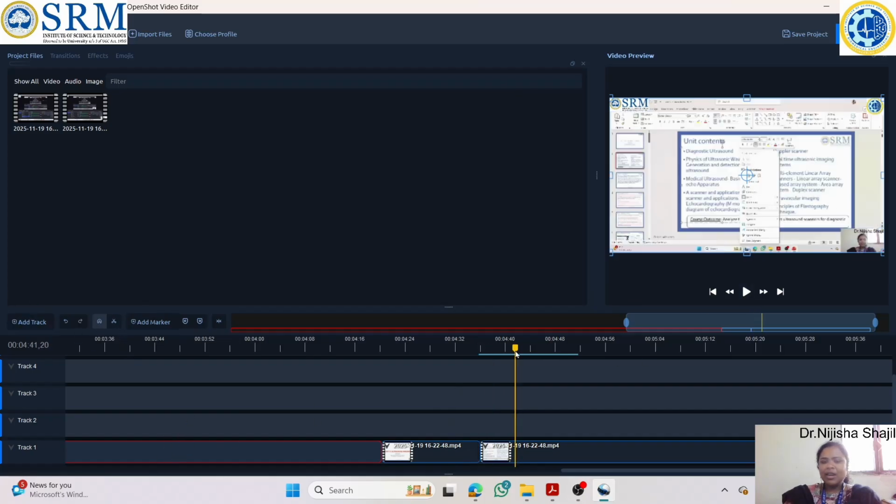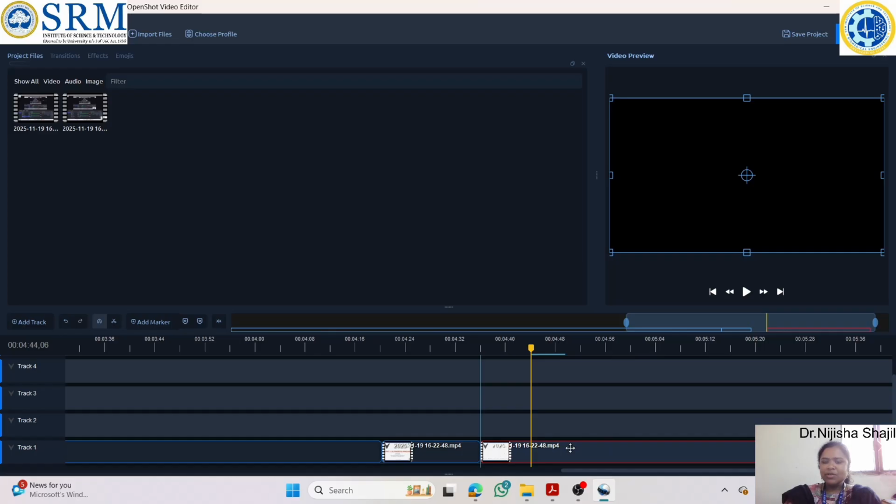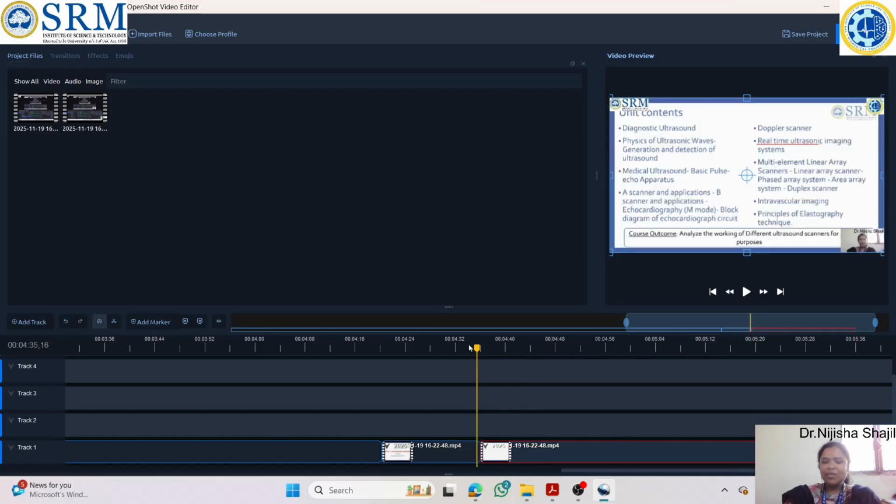Now after this, again I'm going to cut it. This point again I want. Okay, so I'm using a razor. I need to cut it. Disable it. So what happens is, this part I want, I don't want this part. You can just select that part, click the delete button and push this to the previous one. So what happens at this juncture is,